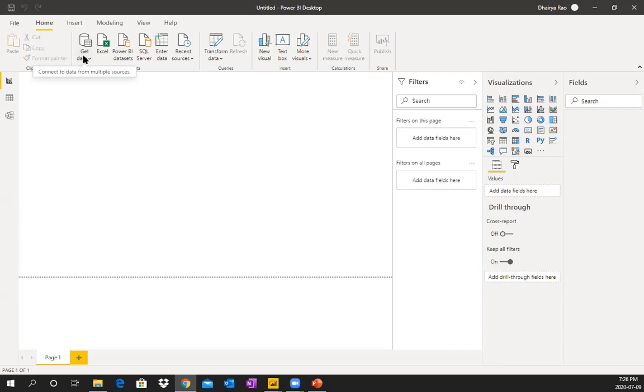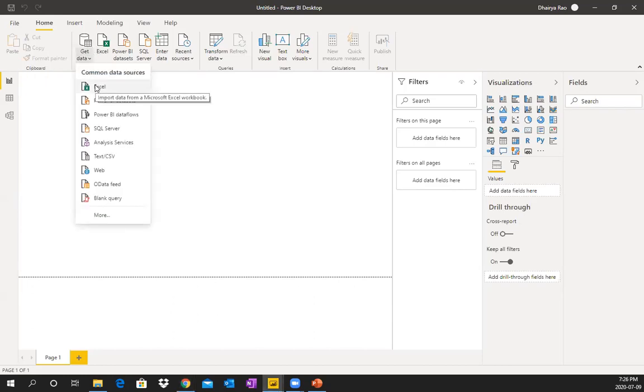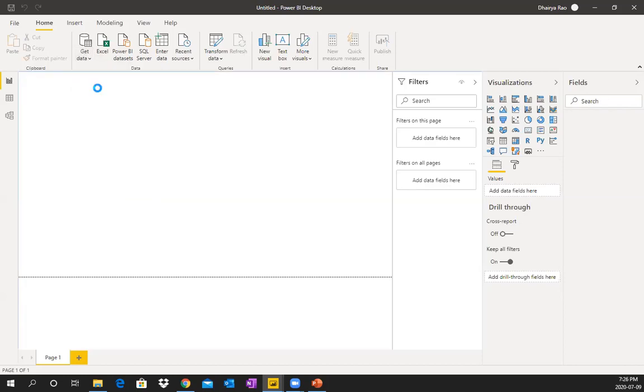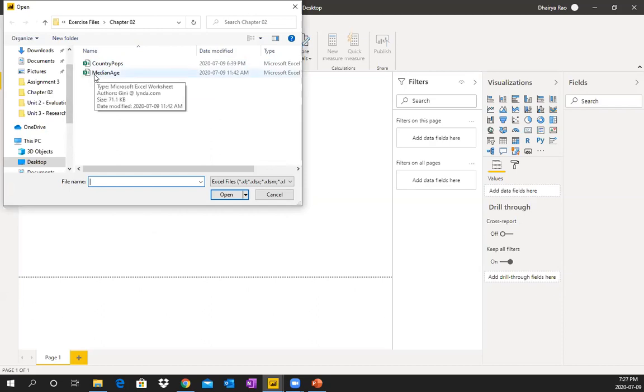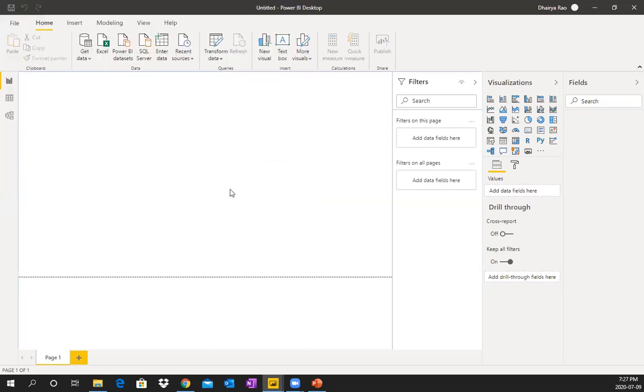Okay, perfect. And so the first step of the data visualization pipeline is getting the data. And so we'll be connecting to our data. You might have noticed that one of our data sets was an Excel file and the other one was a CSV file. If you click on the get data icon right over here and click on the Excel file, you'll notice that it directs us to our local repository. We simply have to select the file that we want to import and do further analysis on. The file we'll be using is country pops. So if you click open,